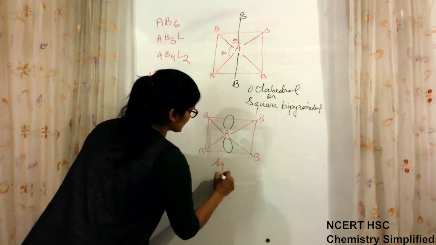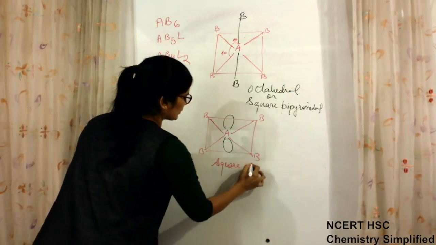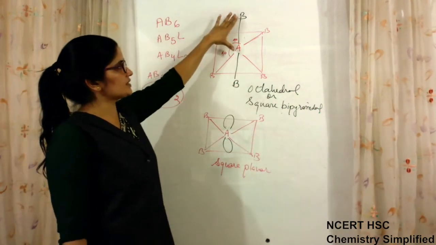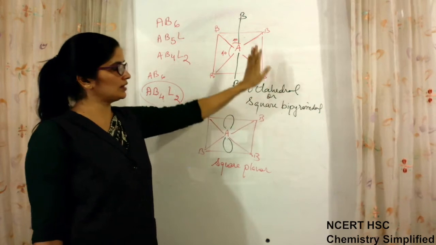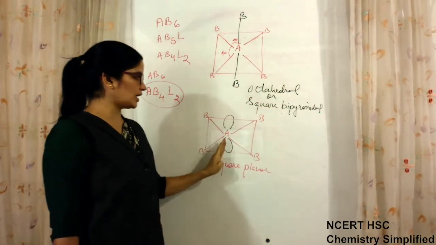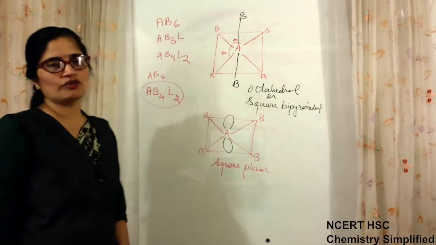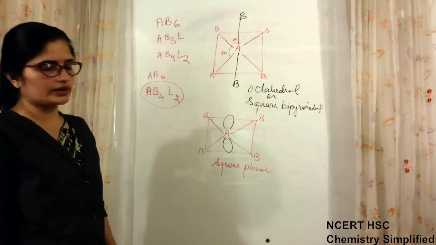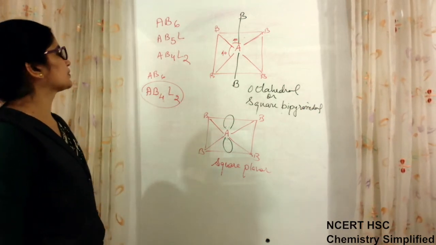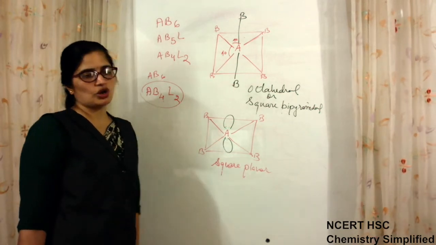This is known as square planar because the square is not disturbed and now there is no pyramid. In the first case there are two pyramids, so bipyramid. In the next case it was only one, so square pyramid. Now there is no pyramid from axial bond, so it is a square planar type of geometry, which is the distorted one. So AB4L2 will give rise to square planar geometry.